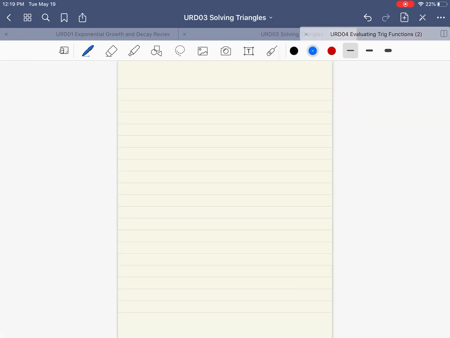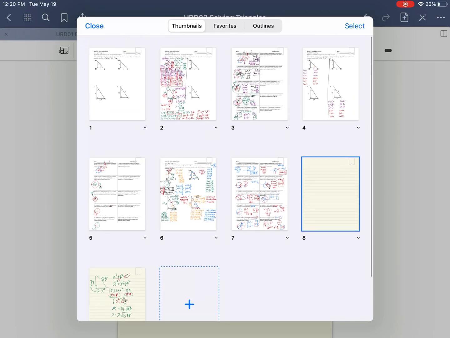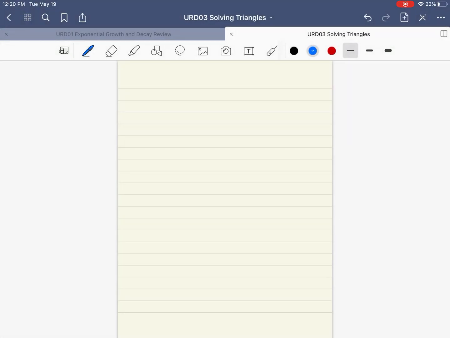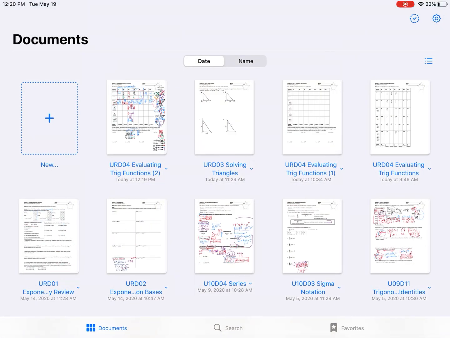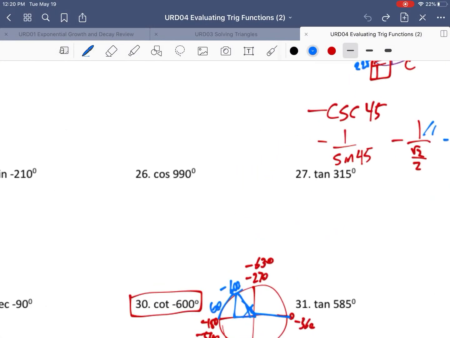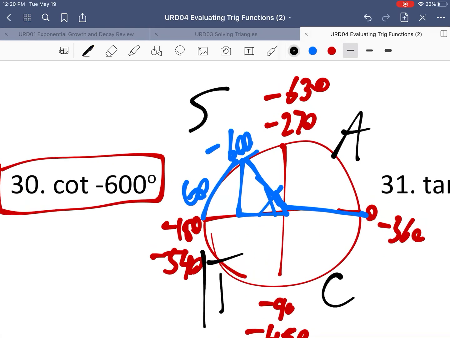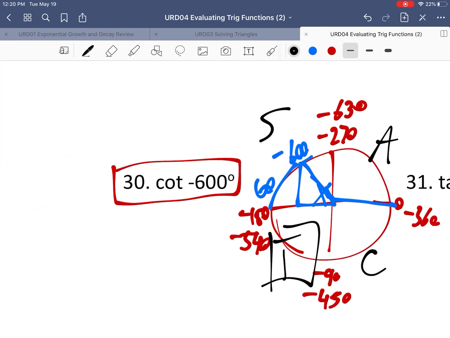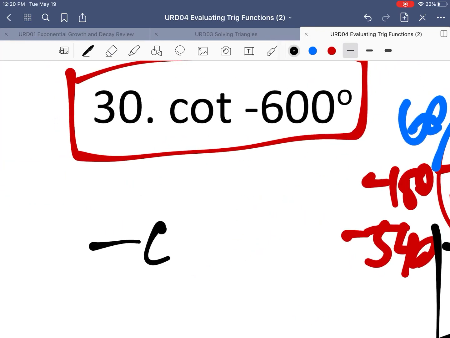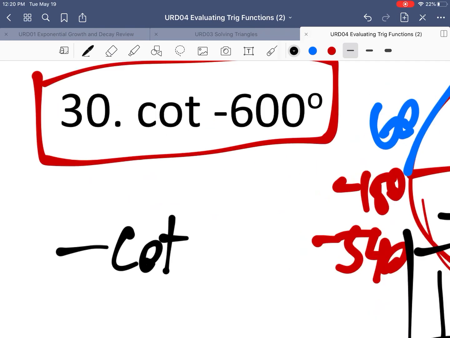So before we can write this down, we need to know, whoops, uh-oh. Let me open that back up. Didn't mean to close that. All right, so continuing. We need to know what quadrant this is. So by all students take calculus, we know that tangent is only positive in quadrants 2 and 3. So we're going to get a negative cotangent of